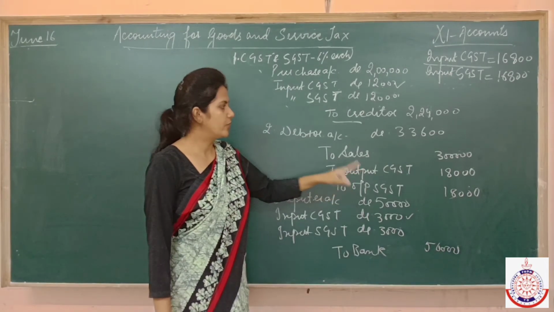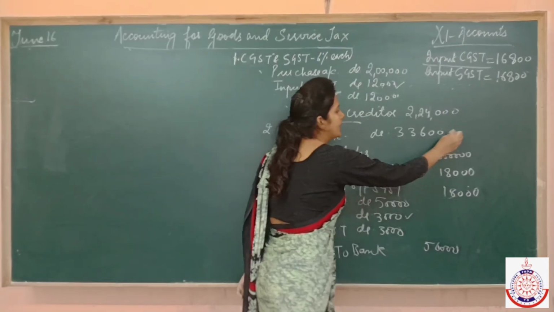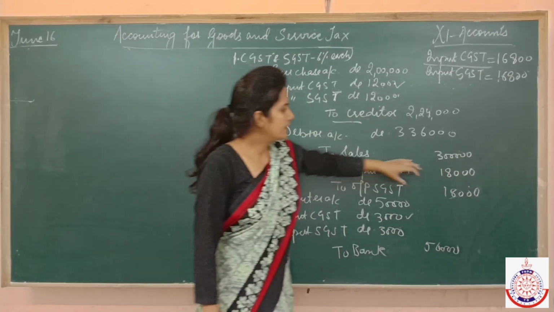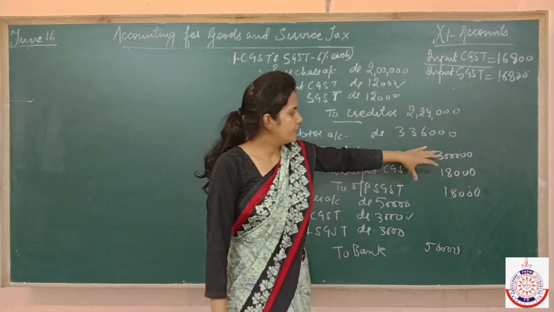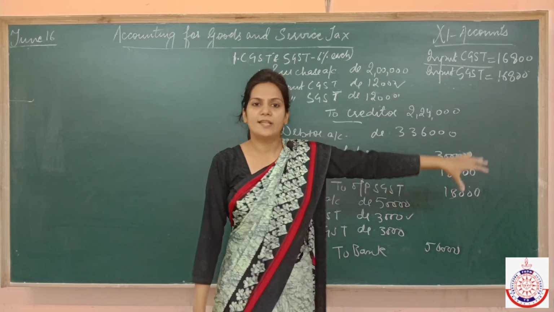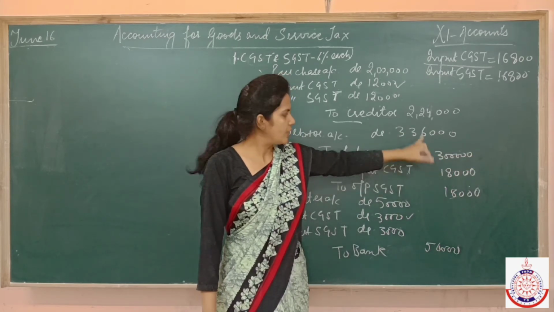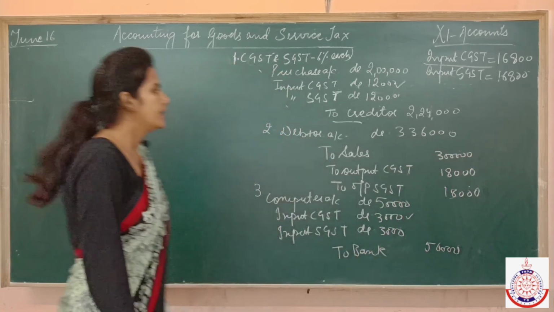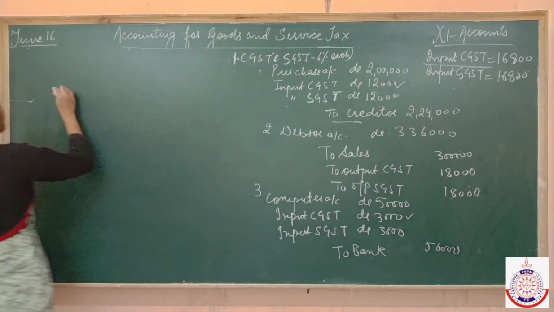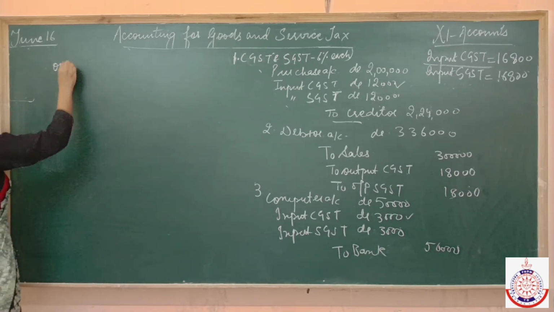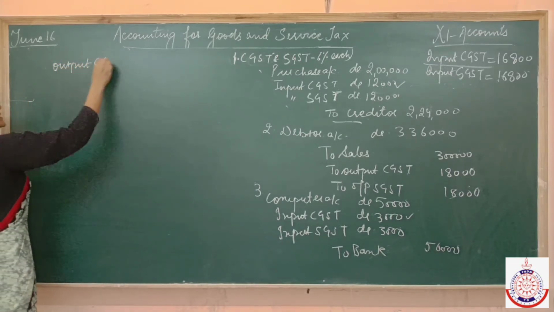I repeat one more time what mistake I did: instead of taking 30,000, the value of the goods sold was 3 lakh, by mistake I wrote 30,000, so I'll just change the values. Fine. Now output CGST,